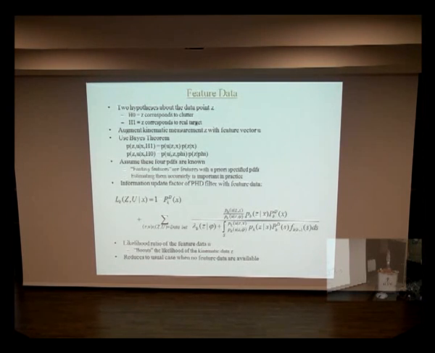So here we have feature data. I'm talking about two hypotheses about the data point. The data point either corresponds to clutter. I'm thinking of a kinematic data point. It doesn't have to be kinematic, but that measurement is Z. It either corresponds to clutter, which is hypothesis 0, or it corresponds to a real target, which is hypothesis 1. All targets have the same distribution under the H1, that is the feature vector will. So the augmented measurement then, when you have a radar return,